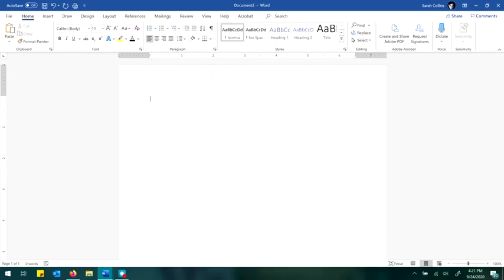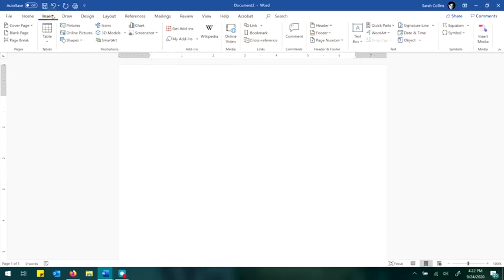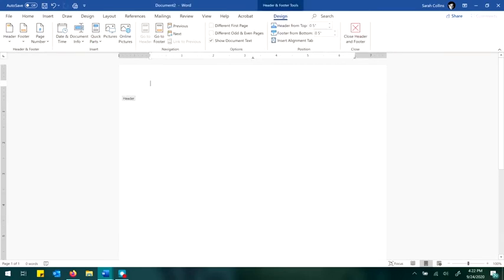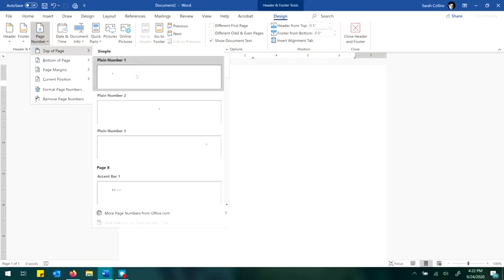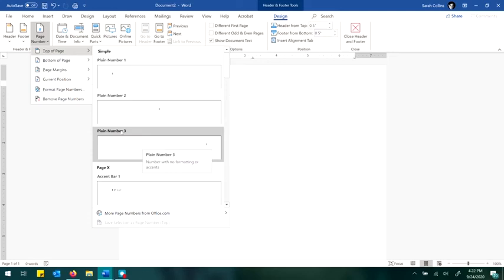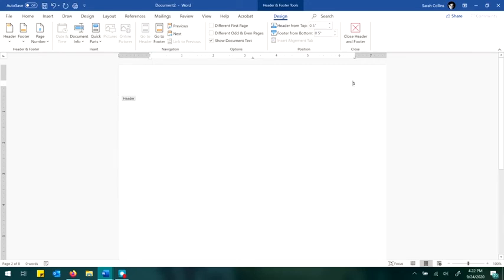So to add your page number, you can either go to the Insert tab and then to the Header and Footer section and go straight to page number, or you can double click at the very top of the page and it will dump you into the header menu that's separate from the rest of your page. Either way, once you're in here, you can go to page number and you select that. You go to top of the page, and then in the drop down that shows up, you select plain number 3. That is right aligned on the page. So you click that and it will drop a page number in here.